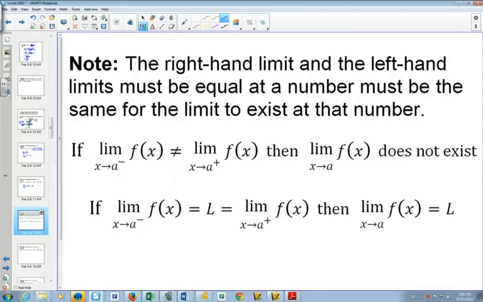And this is what we talked about before. If the right-hand limit and the left-hand limit are not the same, then that limit does not exist. And this is the mathematical way to write that out, which looks really